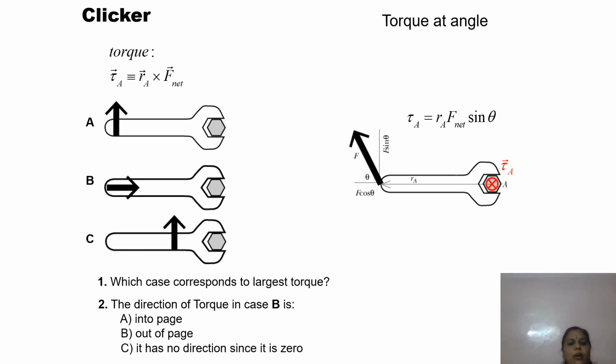Right. Now, what happens to the direction of the torque in case B? Since the direction is the same, theta is 0, so tau is 0. So obviously option C is the right answer. It has no direction since it is 0. Right? Right. So the next example is